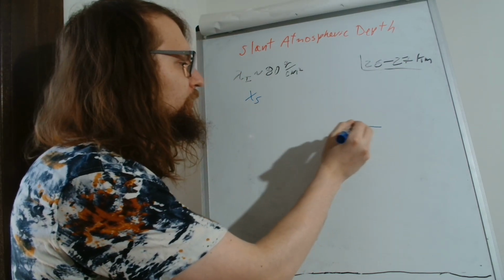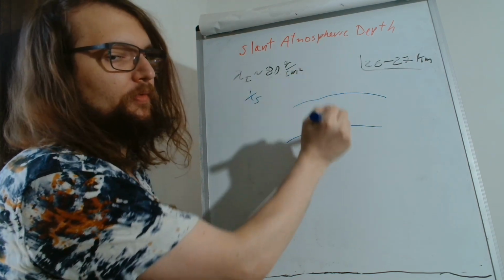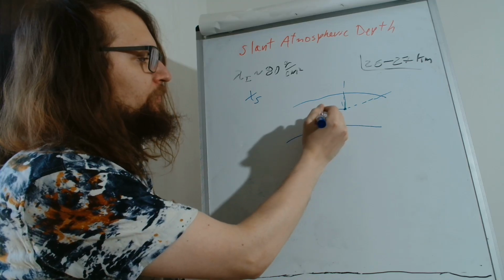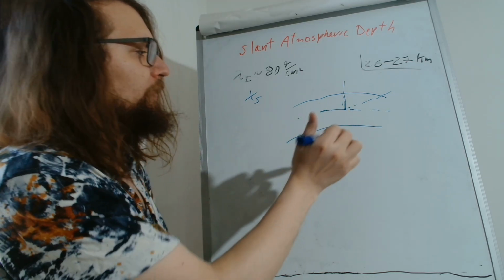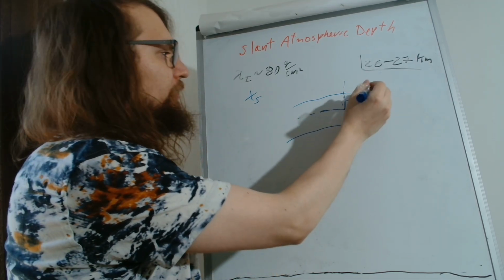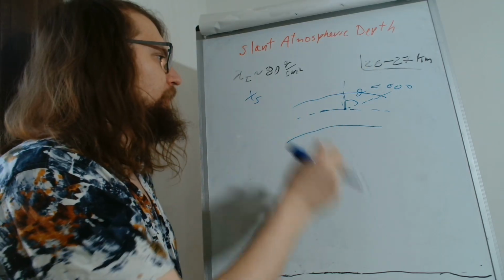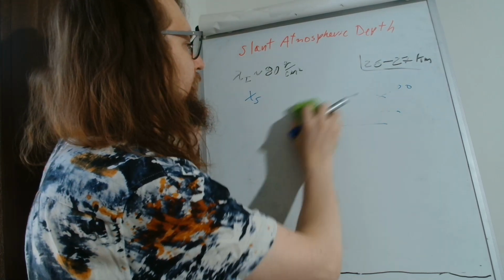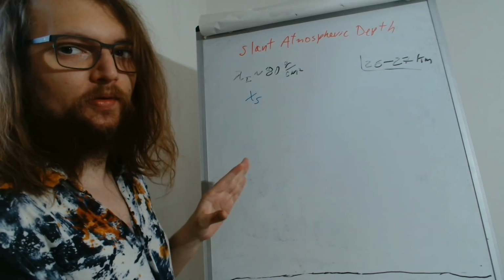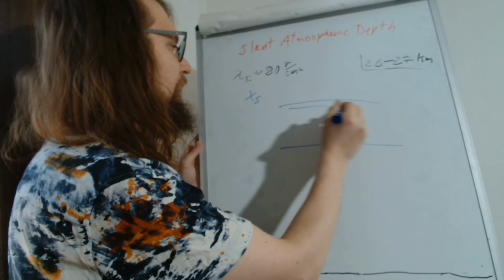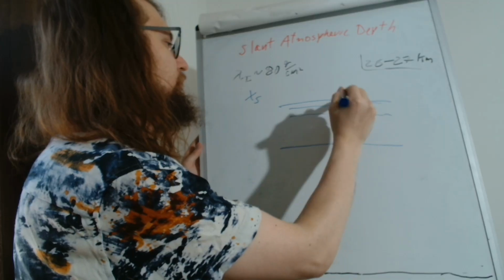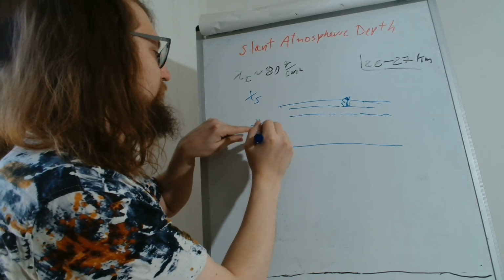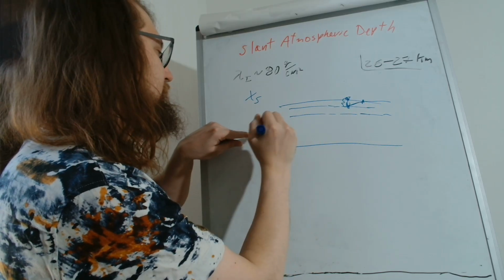As you can see, when they do not travel perpendicularly to the ground, they have more atmosphere to travel to reach the same height. Now, if this angle is less than 60 degrees, typically you can approximate the Earth as a flat Earth. This is very useful because in this way it is very easy to relate the slant depth to the vertical depth, because in a flat Earth, if you take the differential xv in a layer of the atmosphere, the corresponding differential of slant depth